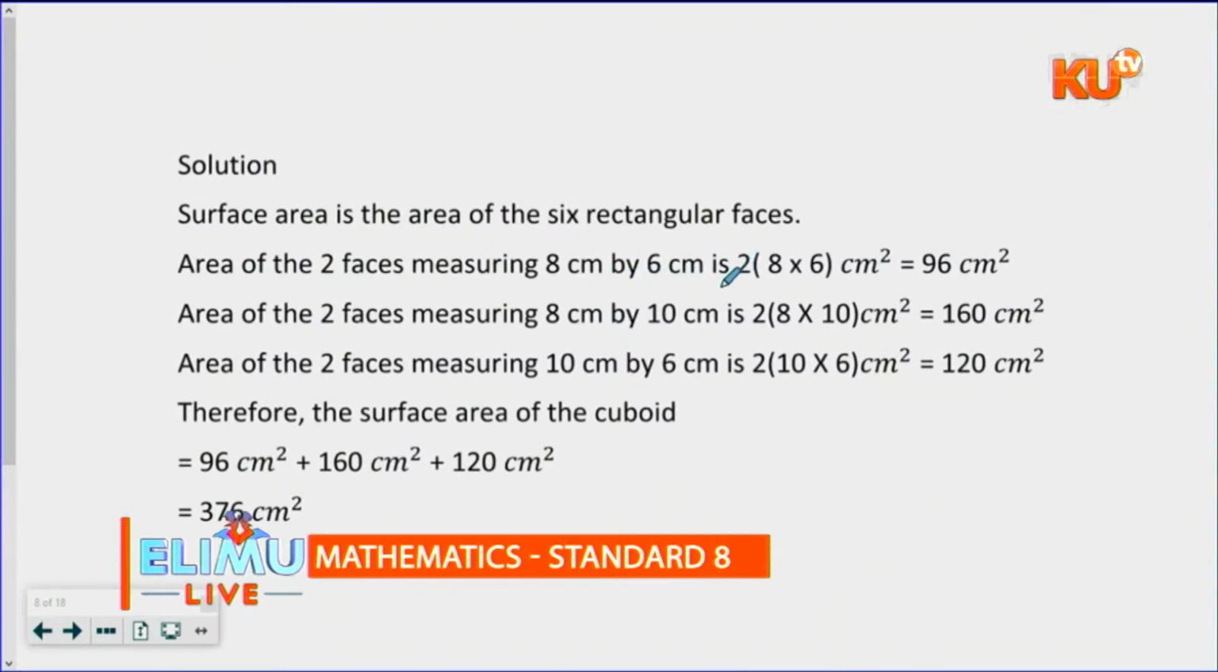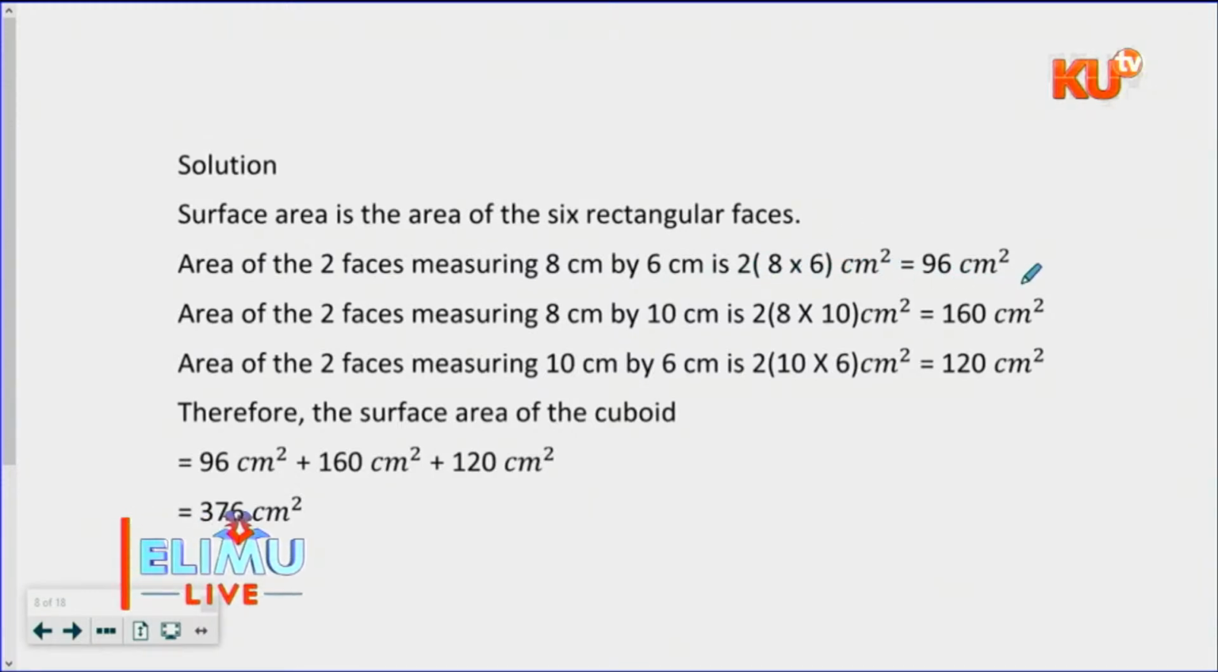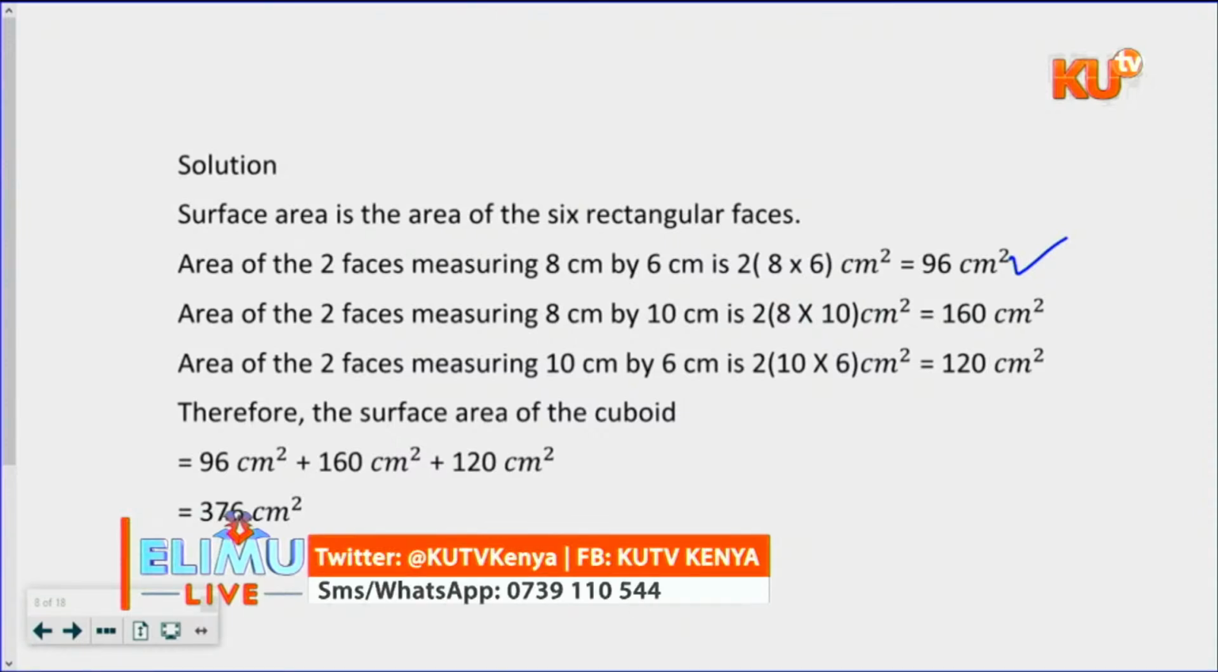You say 2 into 8 times 6, which will give us 96. That is area of one face gone. Area of 2 faces measuring 6 by 10, which will be not 6 by 10, rather 8 by 10. So there are 2. We say 2 into 8 times 10, and this one will give us 160